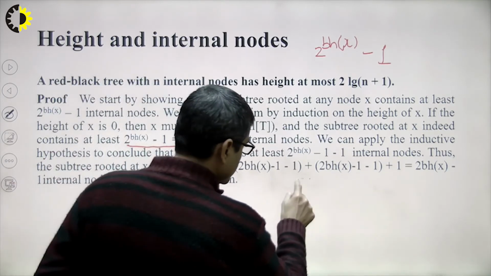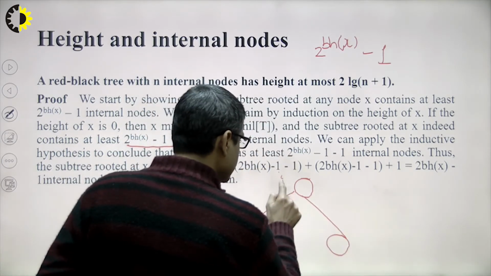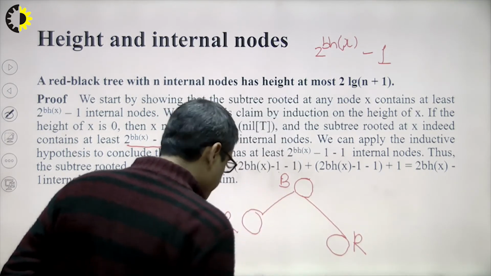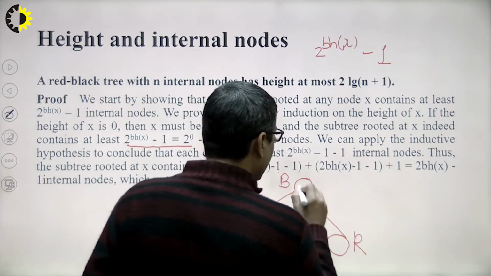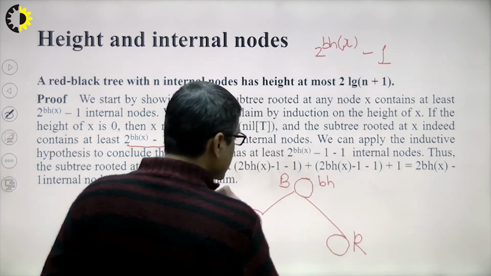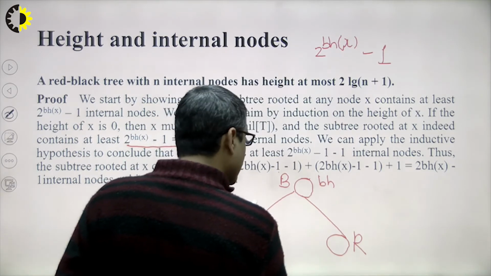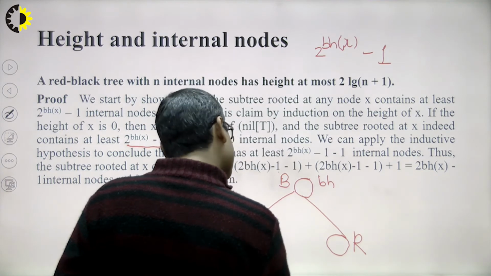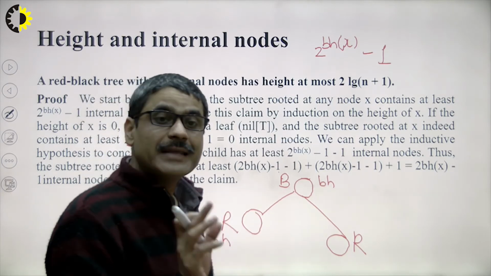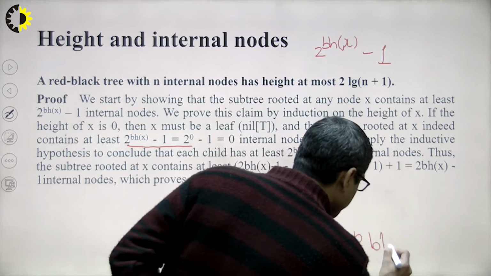Suppose we have 3 nodes, 1, 2, 3. This node is black, both children are red. Suppose we are going to find the black height of this node, that would be bh. What is the black height of this node? This is also bh. Why? Because it is a red color node, and we have to exclude it. If it had black color, then we would take bh minus 1. But in this case the black height equals bh because it is a red node. This black height is also bh.